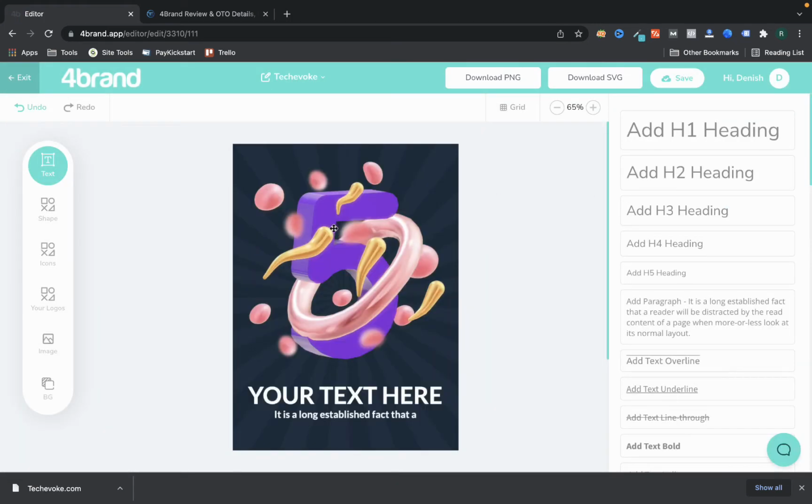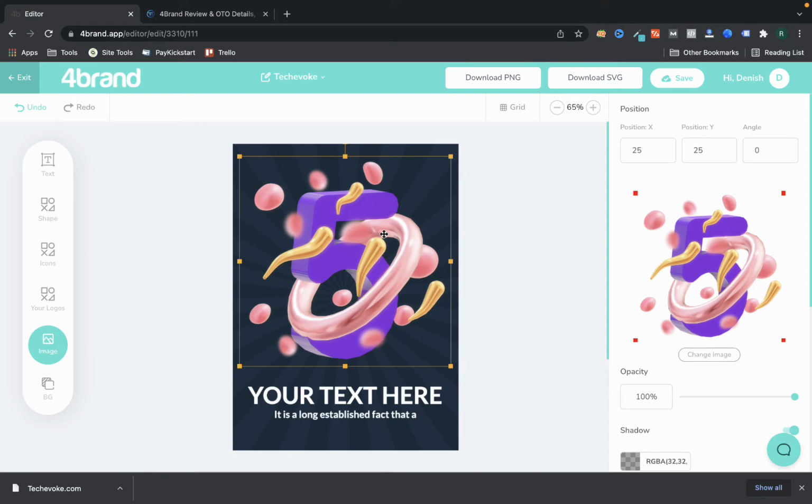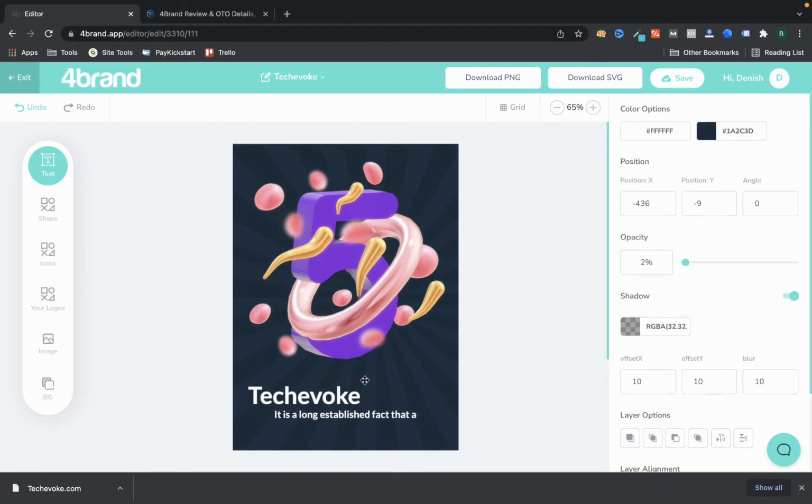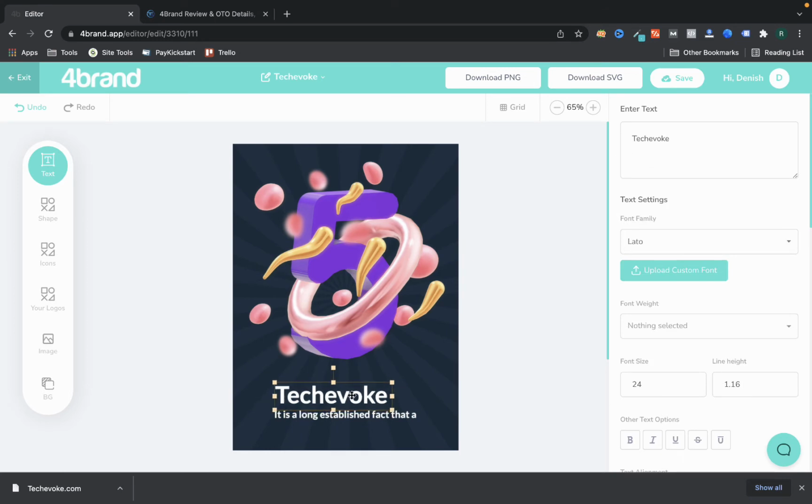So I can go here, and for example, if my website completes 5 years, but my website is 2 years old, so I'm just going to give it Tech Evoke. And now whether I want this logo or this name here, or I can write anything, and I just have to save it.